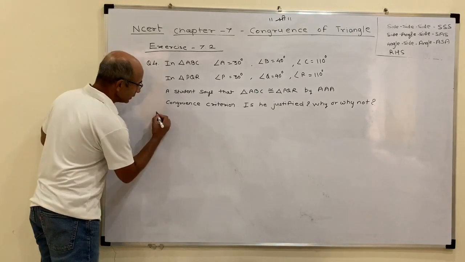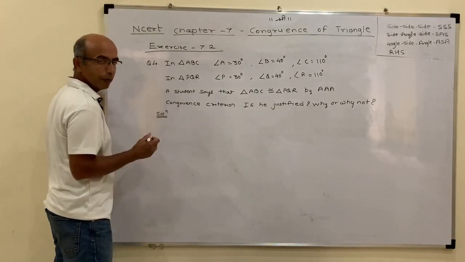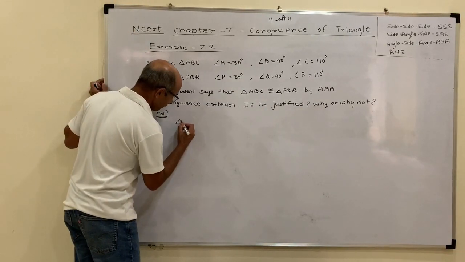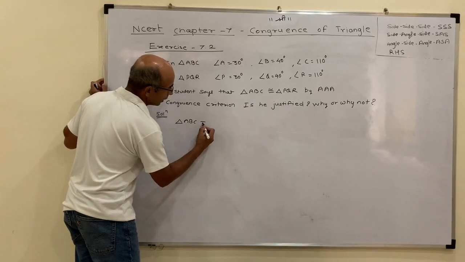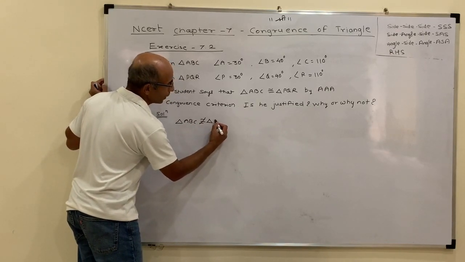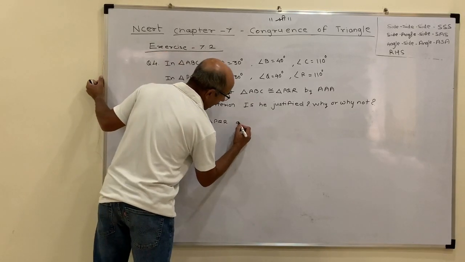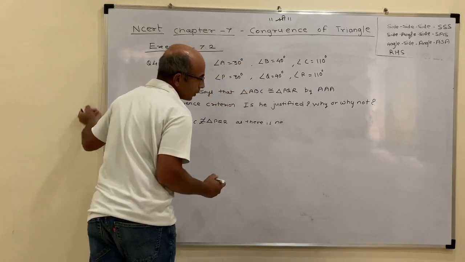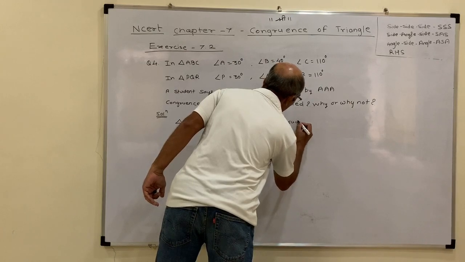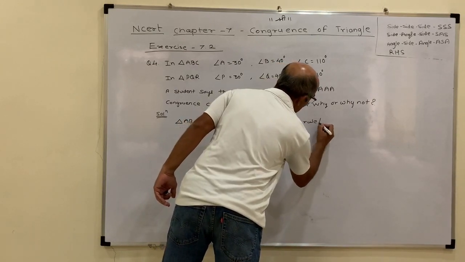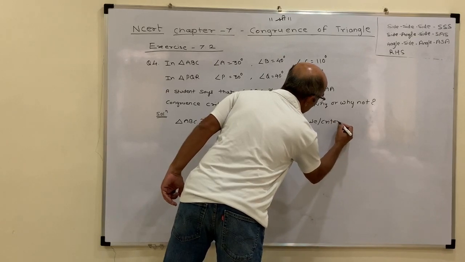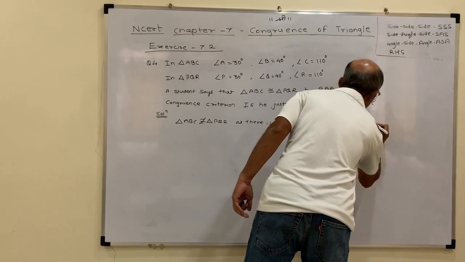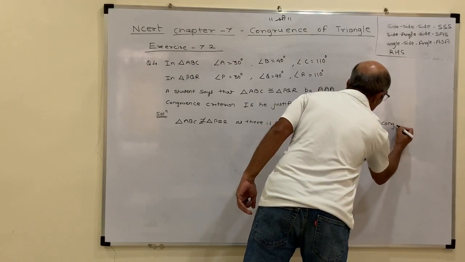So now let's first consider, because there might be cases where you will be very confused with this. So first, triangle ABC is not congruent to triangle PQR, as there is no such rule or criteria AAA in congruence of triangles.